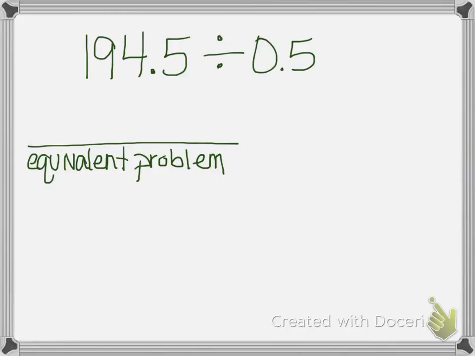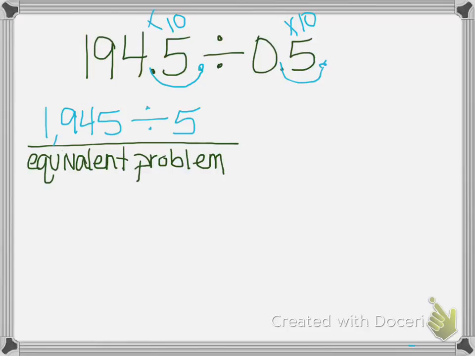Number 3 says write an equivalent problem with a whole number divisor and then solve. So if I want to get rid of my decimals, I'm going to multiply each of them by 10. When I multiply by 10, my decimal point moves one place to the right. So my equivalent problem is 1,945 divided by 5. Now to actually solve that,